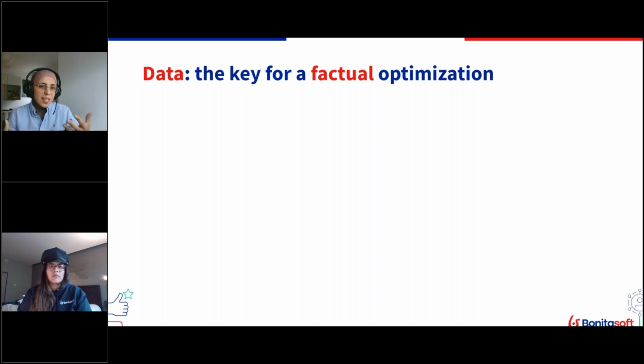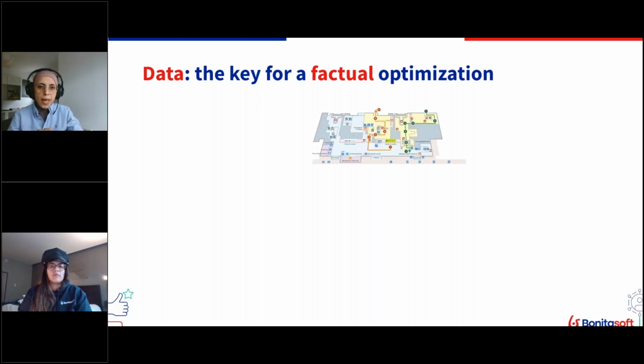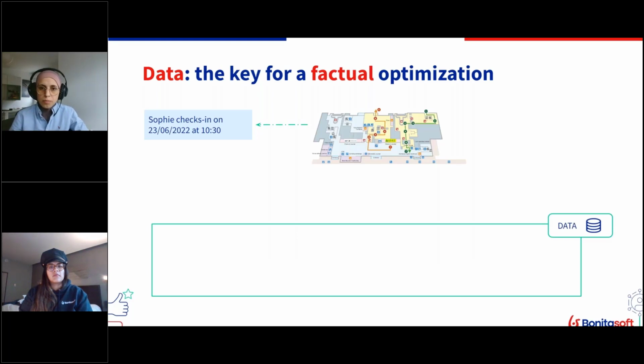And maybe you know, maybe you don't know, but with every interaction, every transaction, every step of the process, there's data generated and recorded in your information systems. If you take the example of the airport processes, at some point when a traveler, named here in our example Sophie, checks in on 23rd of June 2022 at 10:30, there is data recorded in the system of the airport from which we can extract some data like the name of the operation, in this